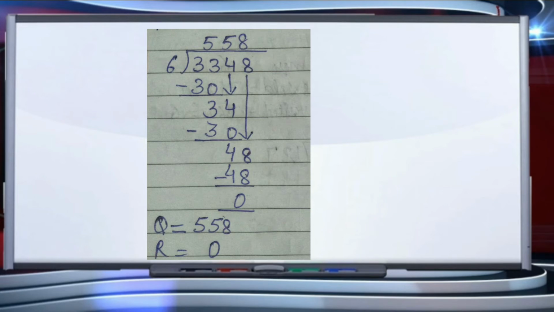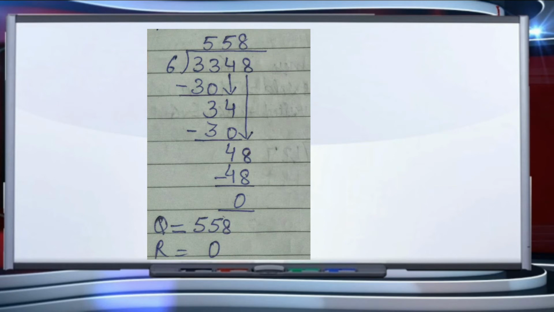So what will we do? We will take the two numbers together, that is 33. So we have to find now a number either equal to 33 or less than 33. That means if I count the table of 6, 6 5s are 30 and 30 is the number less than 33. So 33 minus 30. When we subtract these two numbers, 3 minus 0 is 3 and 3 minus 3 is 0. Next step, we will take 4 down.